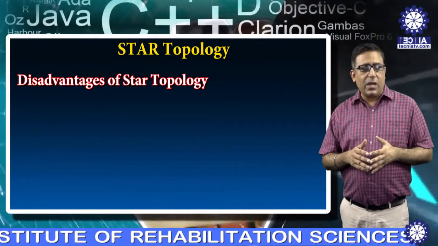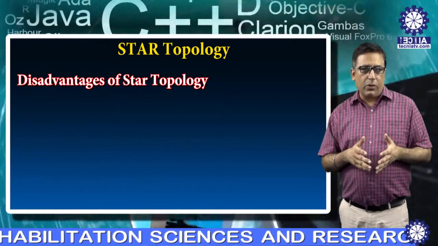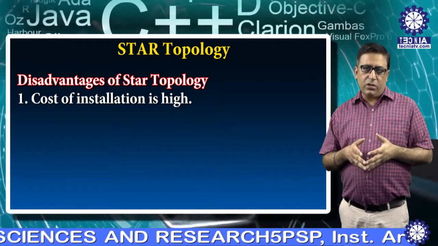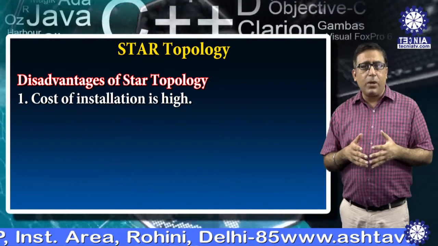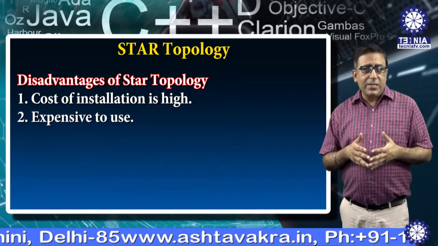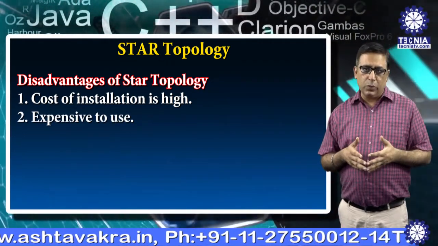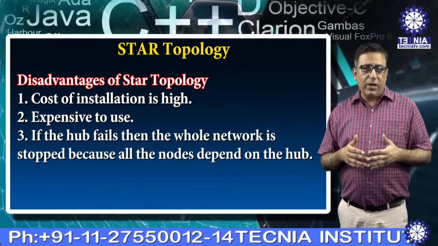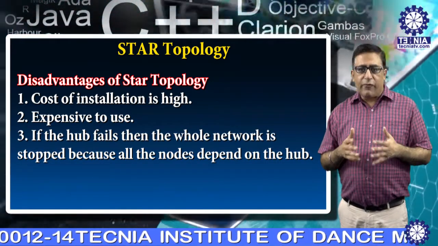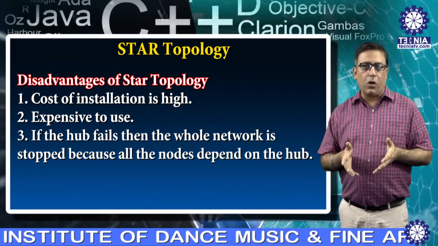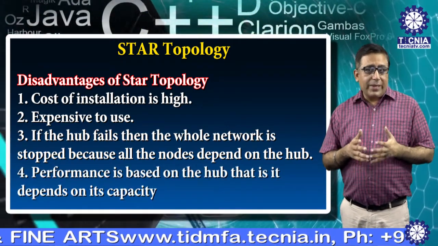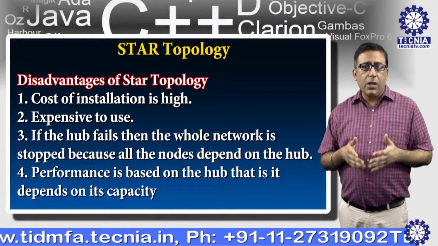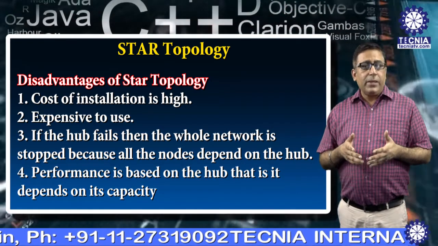Now we are discussing the disadvantages of star topology. First disadvantage of star topology is cost of installation is high as compared to other topologies. Second disadvantage is it is expensive to use. Next disadvantage of star topology is if the hub fails, then the whole network is stopped because all the nodes depend on the hub. Fourth disadvantage of star topology is performance is based on the hub,